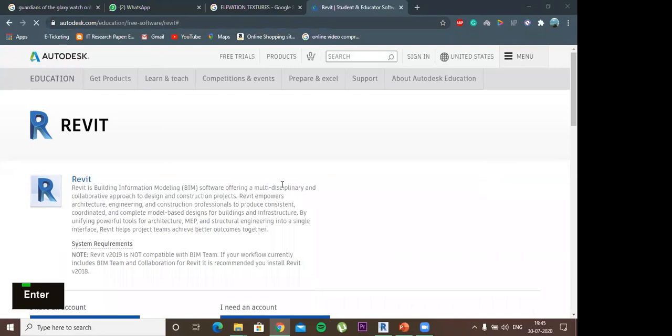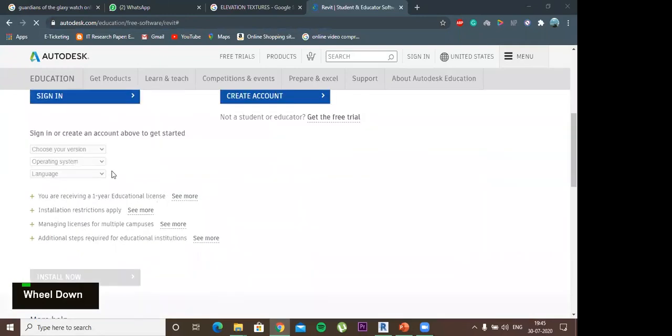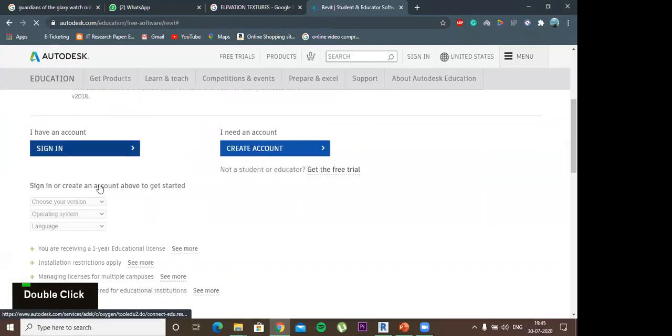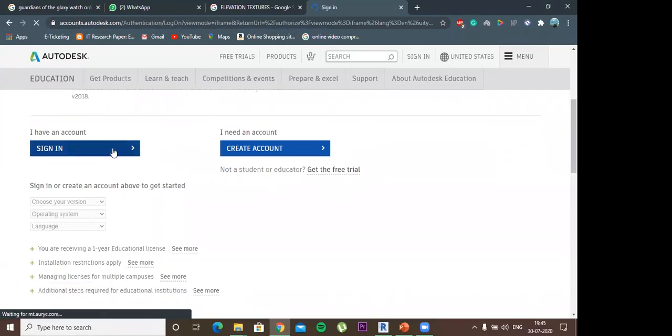From here, you can sign into your account and then download your own version, whichever version you want. I would suggest you download 17 or 18 because they are very seamless and you don't feel any lag while using them.